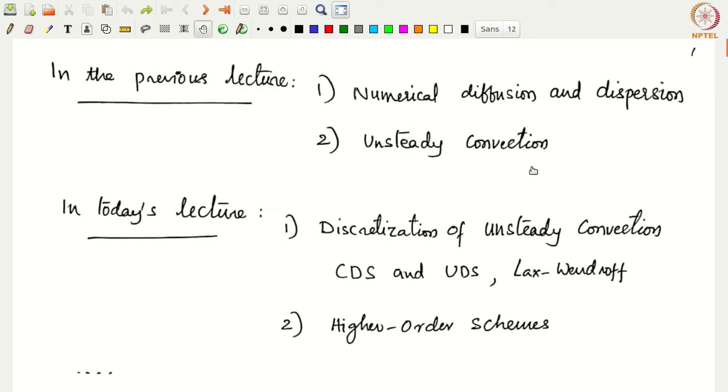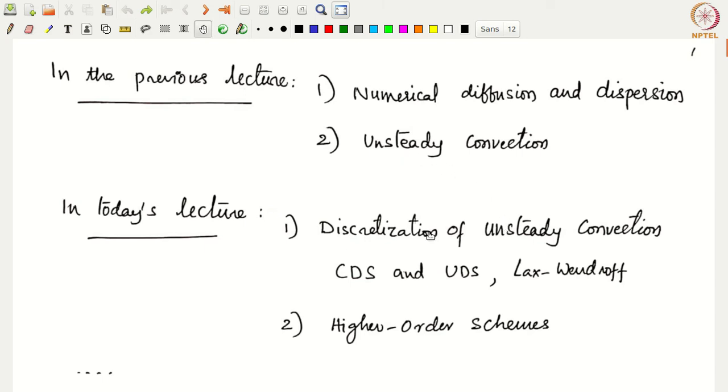And then we also looked at an introduction to unsteady convection, and we looked at the exact solution which can be used to compare when we try to solve this equation using a finite volume method. So we can compare it with the exact solution and comment on the accuracy of the schemes that we are using, okay? So in continuation to where we left off, in today's lecture we're going to discretize this